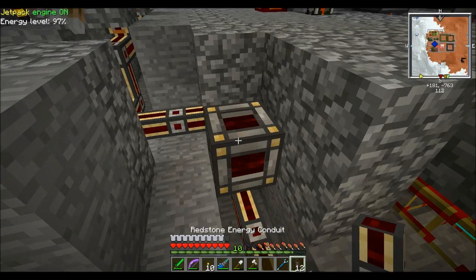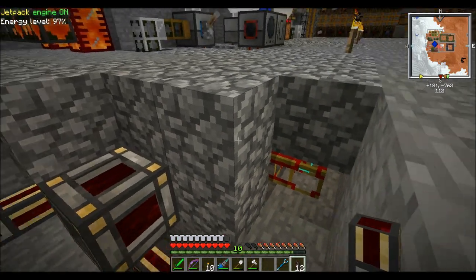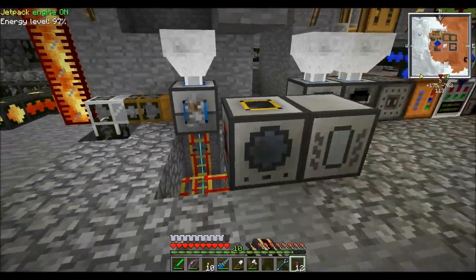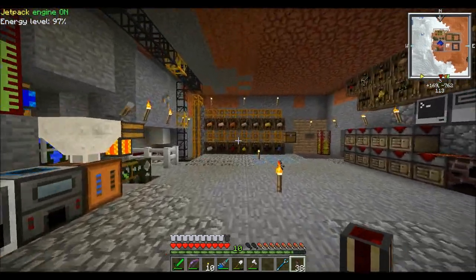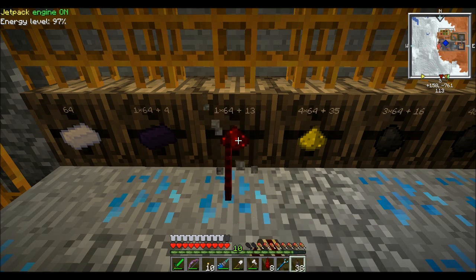So now we should look here, and this is slowly building up a charge because, as I said before, I think it outputs about 25 MJ to one of the wooden conductive pipes, but that's not enough for our needs. So what I'm going to do is, oh, have we literally run out of redstone? Wow. So I put in like a stack and a half of redstone just then, so it's eaten up all